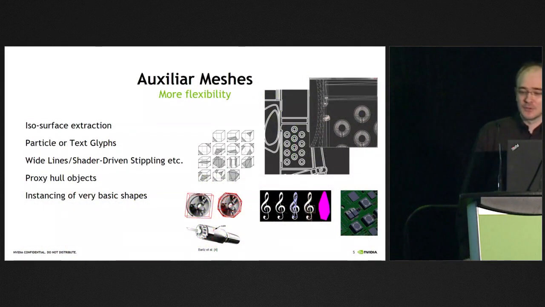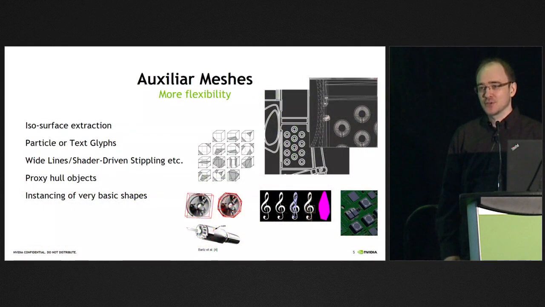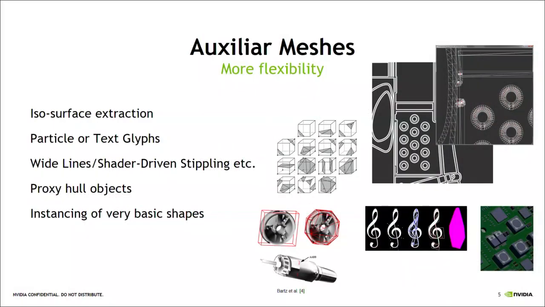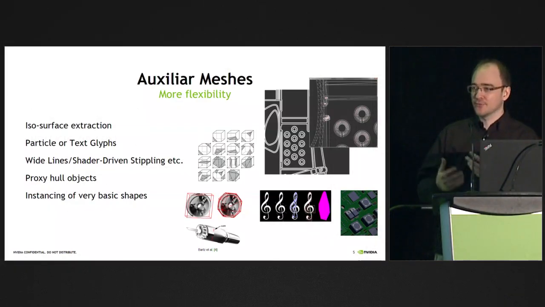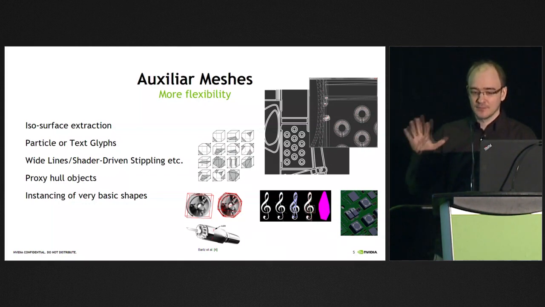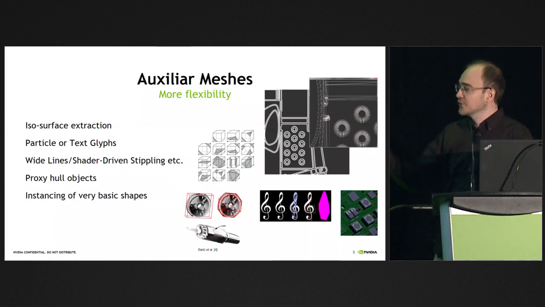But we can also look at other use cases where geometry is relevant and many small things can exist, like when we generate marching cube surfaces from volumes, or when we render lines with triangle strips, so that we have a lot of flexibility in how our lines should look. When we render glyphs, they're like covering triangles that mask out the vector art, or when we render proxy objects for occlusion culling, but also in